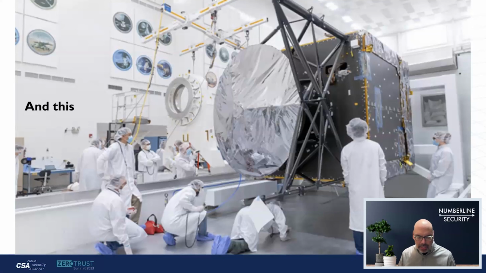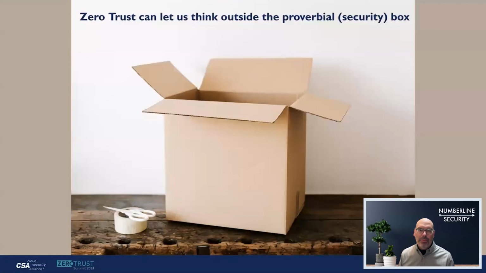The key is really to think about and understand where you can apply automation, what parts of the process are manual, and that's okay, and to help us think about ways in which we can really improve that. And in fact, I would argue that with zero trust, you can really think outside the proverbial security box of, okay, all we care about is authentication and authorization, and everything else is someone else's job. And the reality is that zero trust as a security philosophy is about